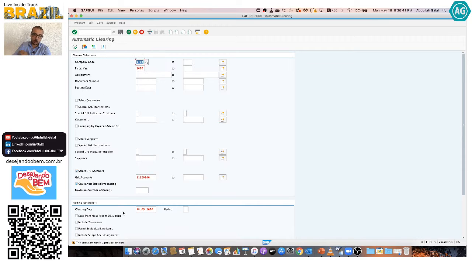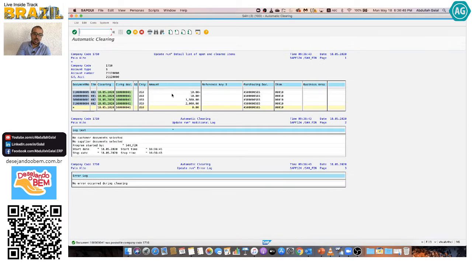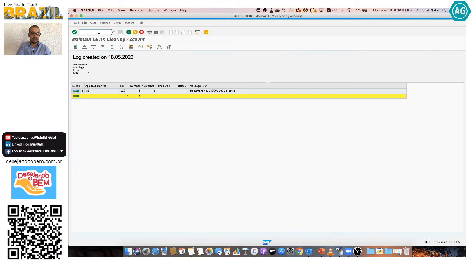You have to hit enter to pass. And this is the clearing. So SAP automatically detected the items related to our purchasing document and cleared all of them together. Now let's go into the line item display and see the impact. So /n FBL3H